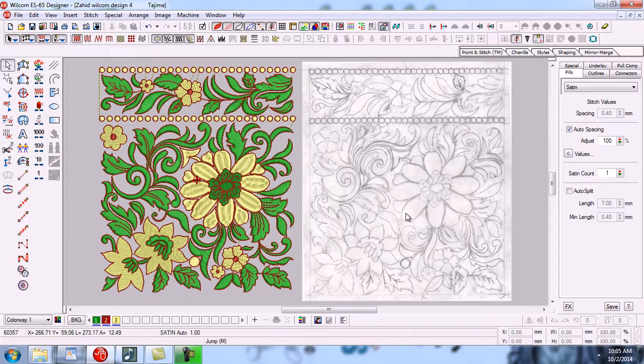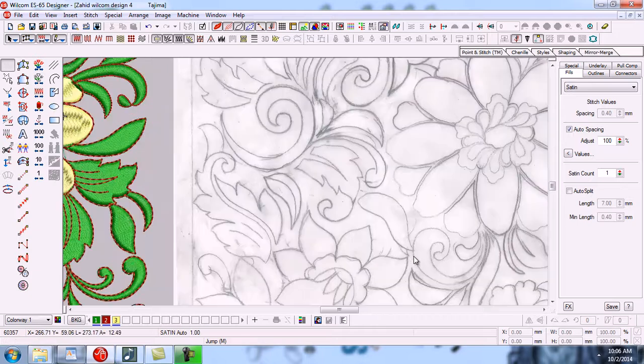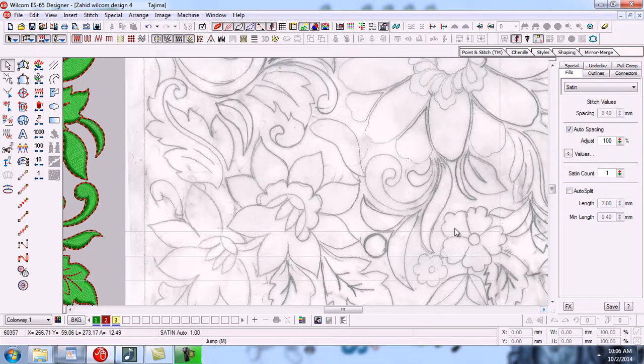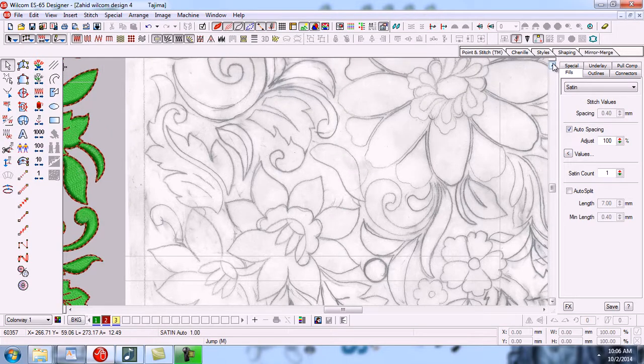For example, all these types of objects, like this and like this, all these types of objects we can easily make with input A. But some designs cannot be made with input A. For example, this type of object, this type of object, this type of object cannot be made easily with input A. So this type of object we will make with complex fill. In next videos you will learn. So in this video you will learn what type of object we can make with input A.